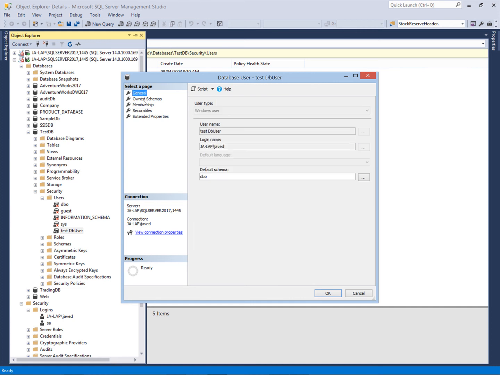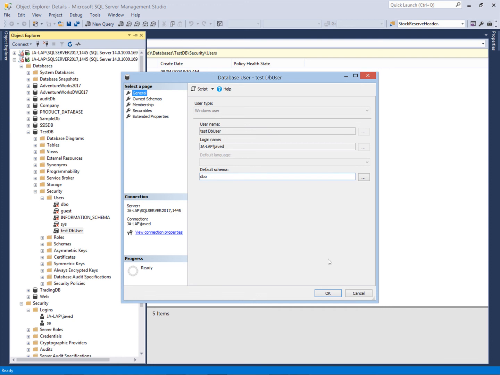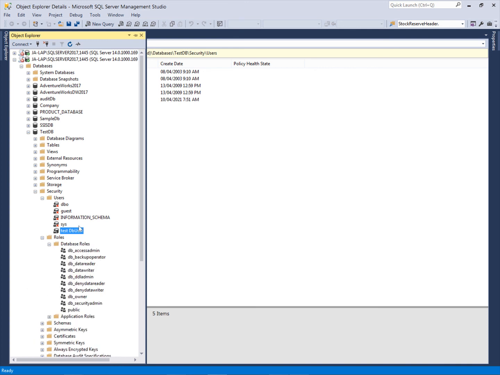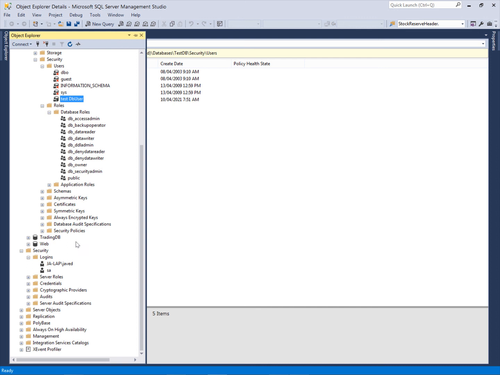So this is the server level login, and this login is mapped with this database user, and this database user is the owner of this DB. This database user and the database level roles are known as the database level principals. So we have two kinds of principals: database level principals and server level principals.